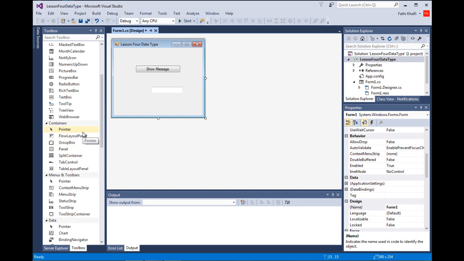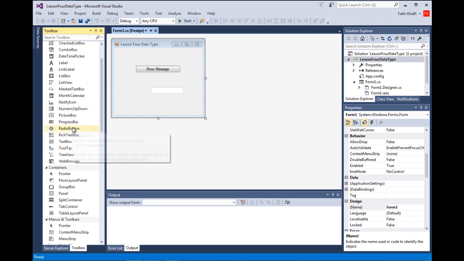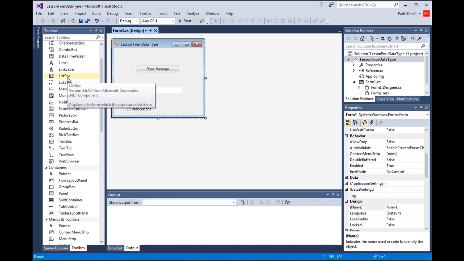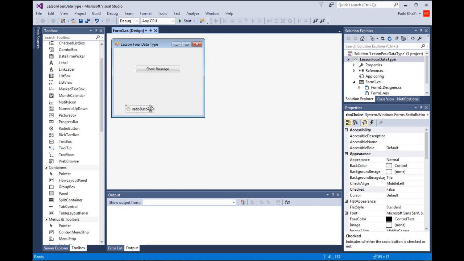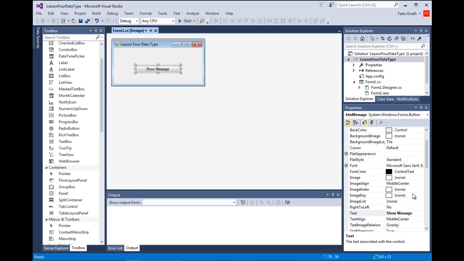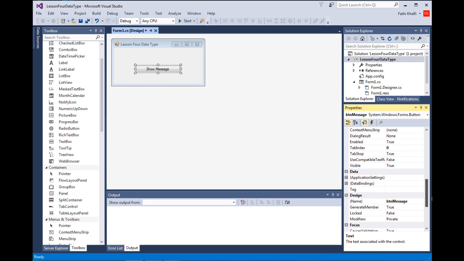For radio button we use rbn, for example rbnChoice, and basically this is how we do it. For list box we say lst, for label we say lbl, and this is how we name our components. Let me shrink this down, go to the name property, and it's changed. I'm gonna double click to create the click event,